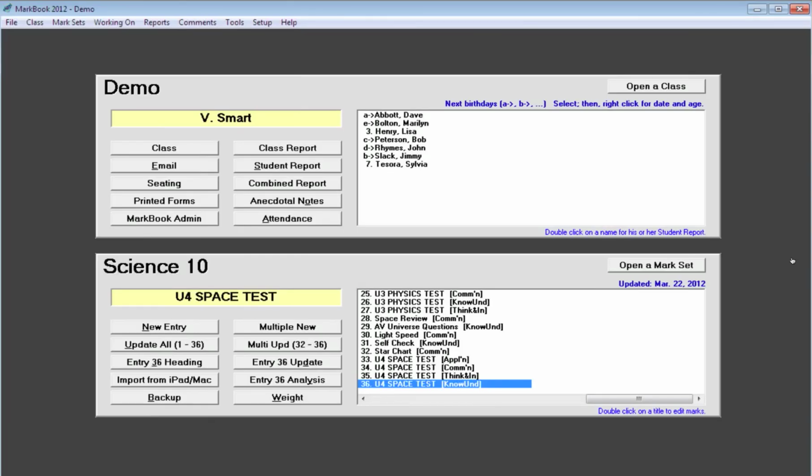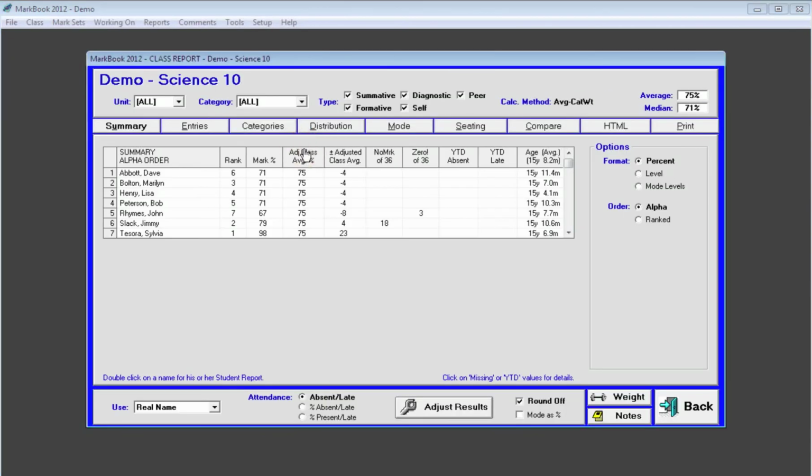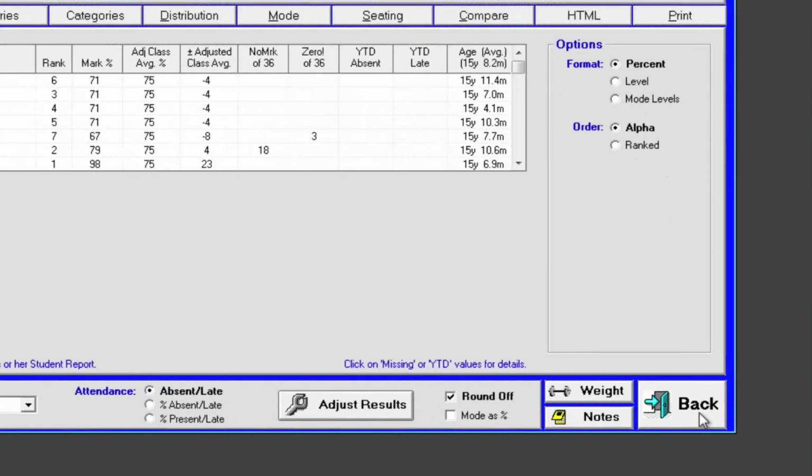Instead of numbers as block titles, it's possible to use names. Open the demo class supplied with MarkBook. Click Class Report and pop down the Unit menu. This teacher has broken the assessment data into 4 units, named with up to 6 letters. Click Back,